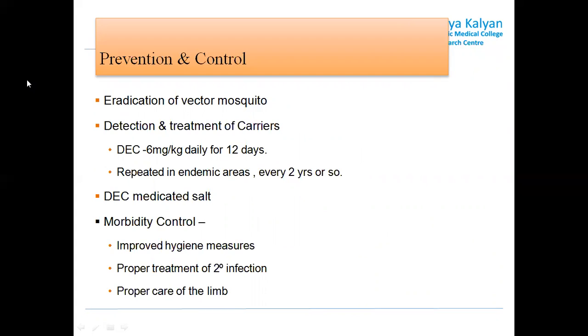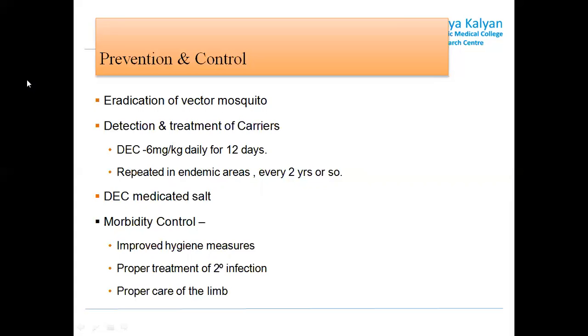Prevention and control is important. So obviously, this disease is spread by mosquitoes, so eradication of the vector mosquito, or the carrying mosquito, should be done. If you find a carrier, a person suffering from this particular disease, note that a person who has been detected with elephantiasis, or has developed elephantiasis, is not a carrier. But how do you find a carrier? There are epidemiological centers or places where this disease is quite prevalent, so general screening is done for the presence of microfilarial worms. They need to be isolated and given proper treatment.